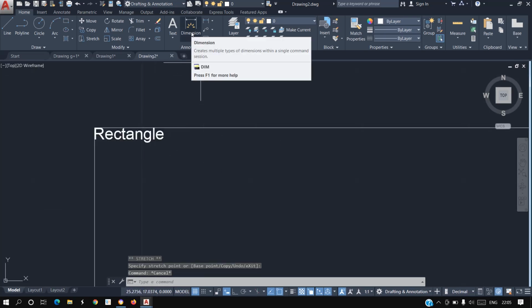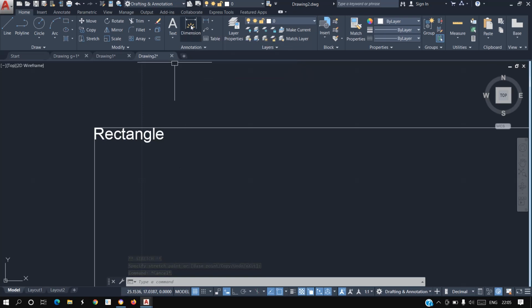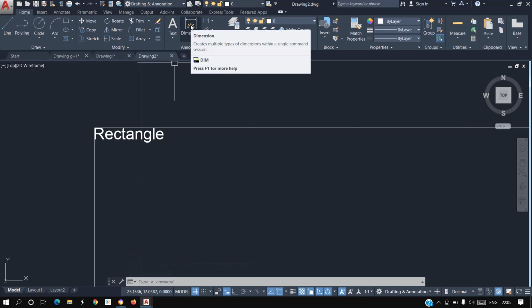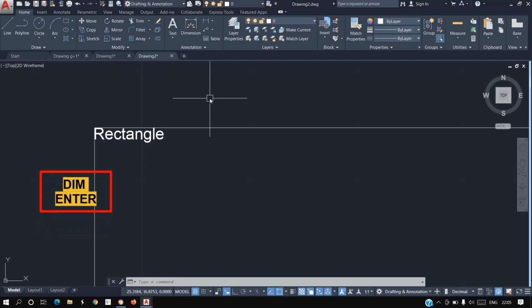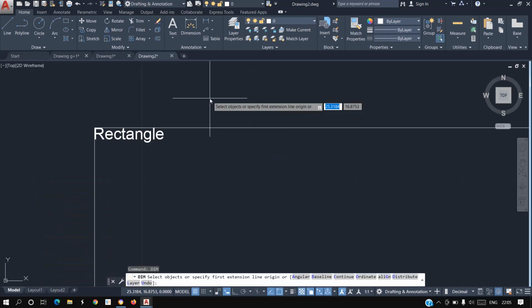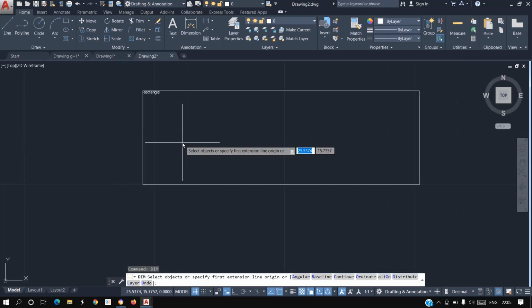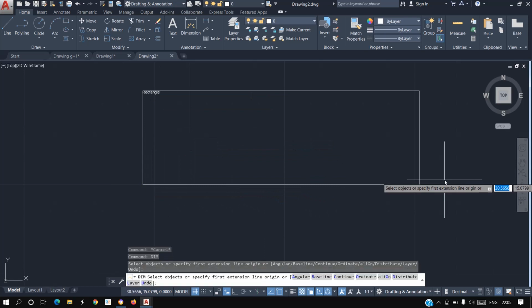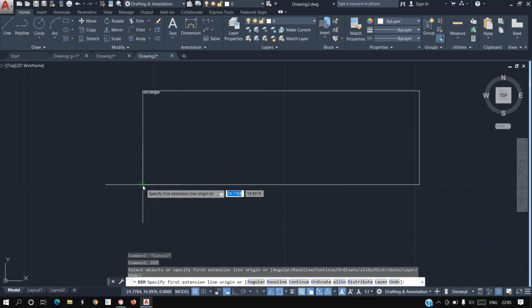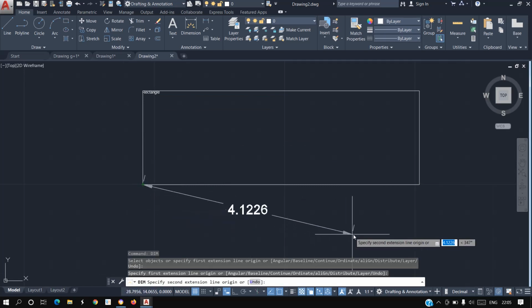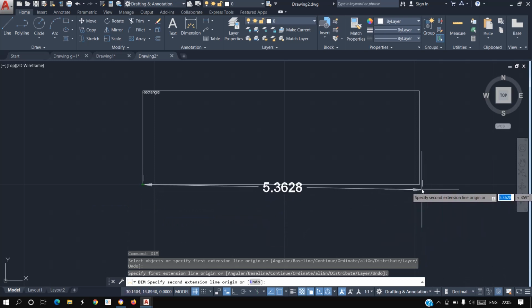Our next command is the dimension command. You can choose this command from the annotation panel, or you can write the DIM shortcut and press enter. Let's say I want to measure the length of this rectangle. First, I will specify this point, and then I will specify the end point.